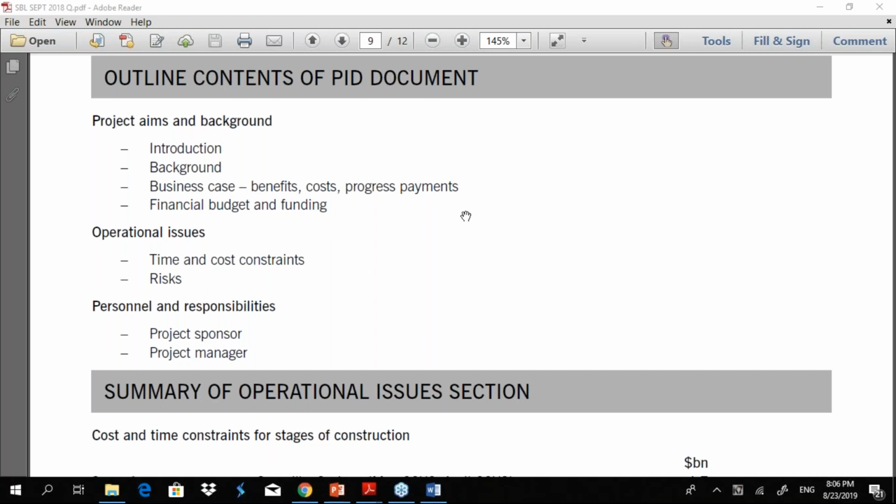Then you also must include objectives. See, purpose and objectives are two things. Purpose of the project is to build a road. Objectives for your company can be financial objectives as well as non-financial objectives. So financial objectives, like I told you, can be an increase in the company's bottom line, so increase in margin, more than 8%, keeping costs within budget.